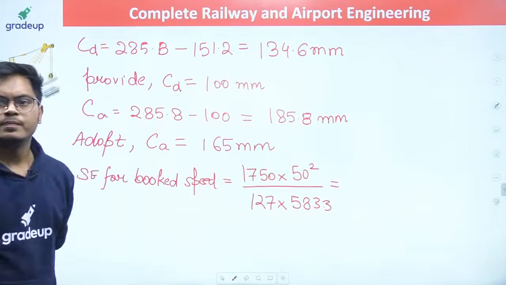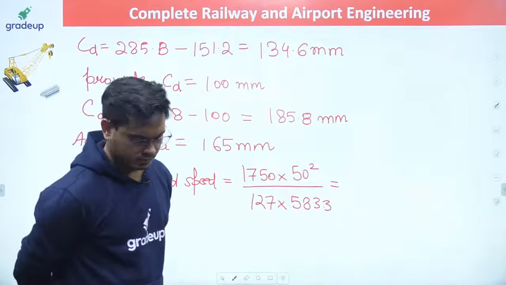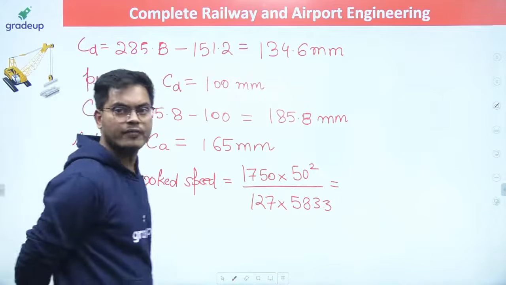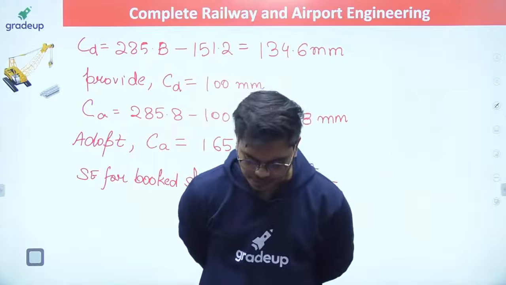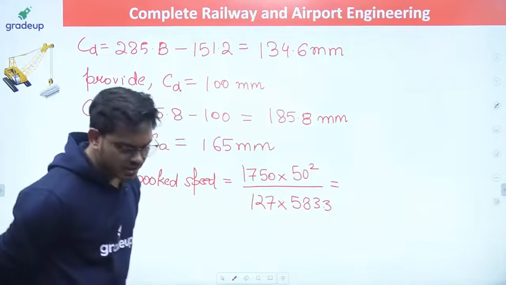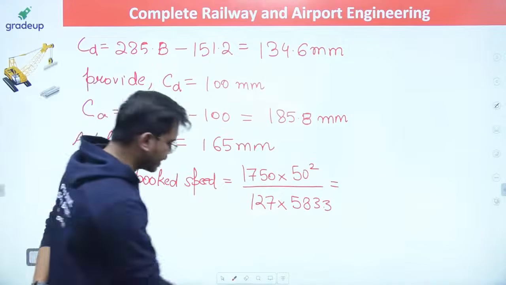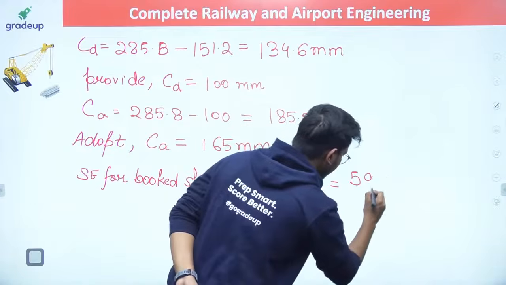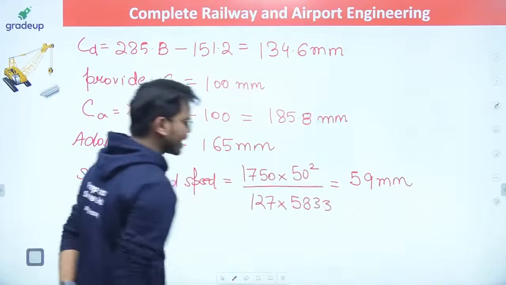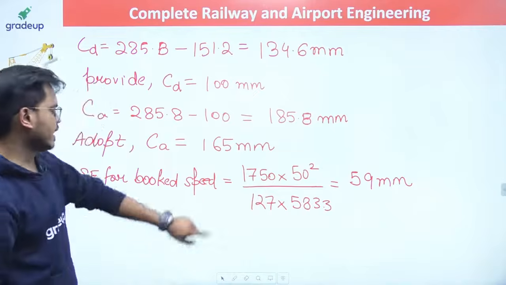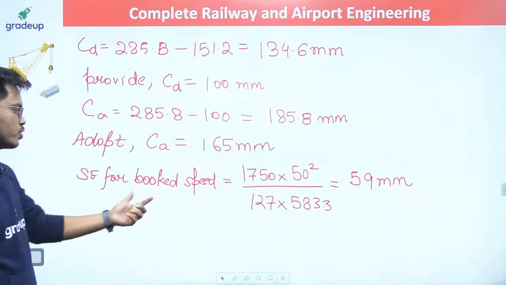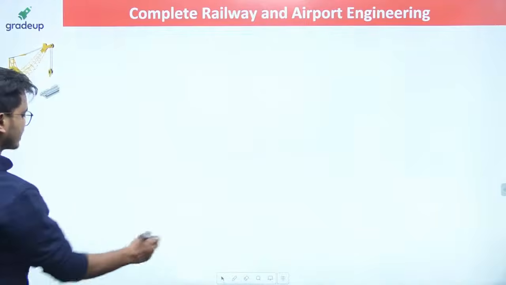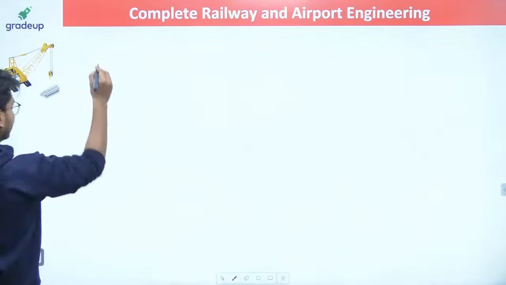Super elevation. Everybody, answer. Full power. How much? It should be 59 mm. Now check for CANT axis. This is actual CANT, and this is your CANT for this value. Now check for actual CANT. The axis CANT will be